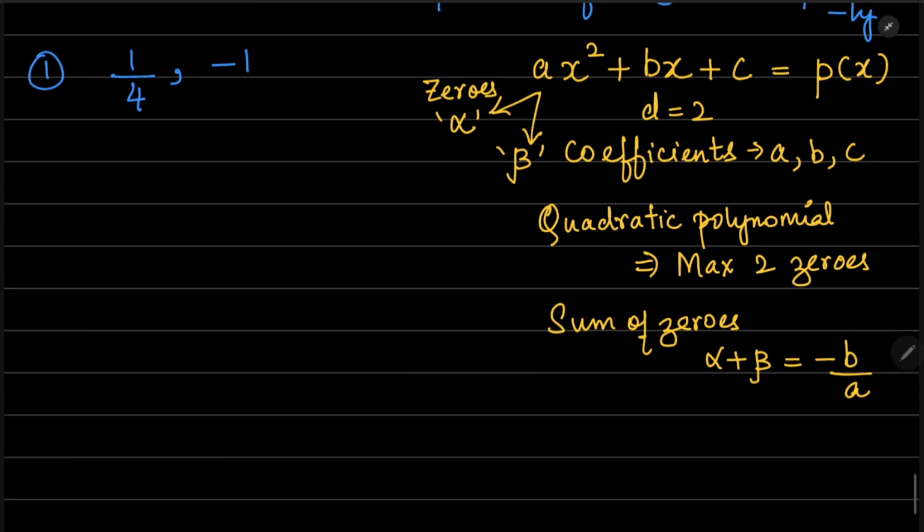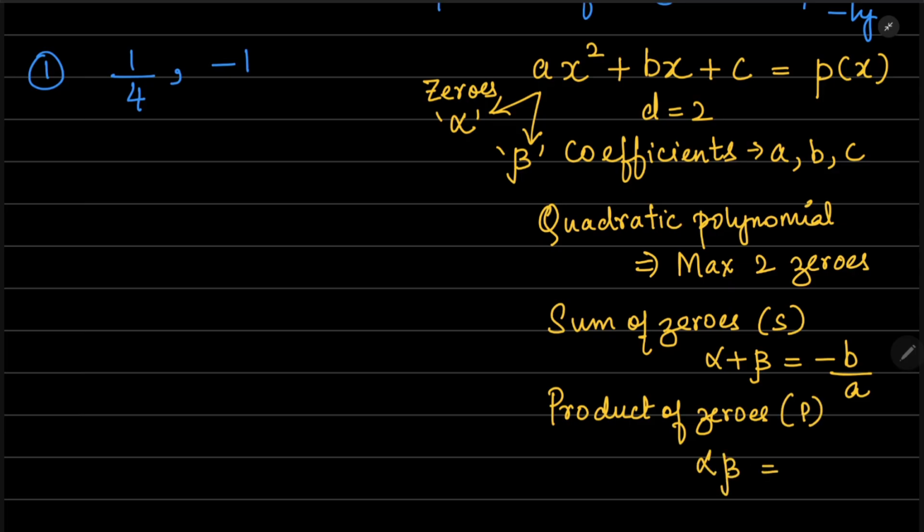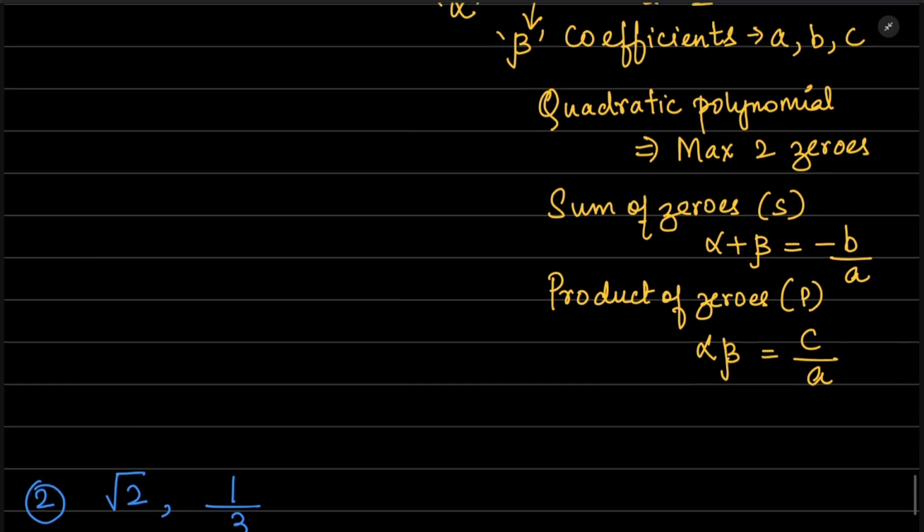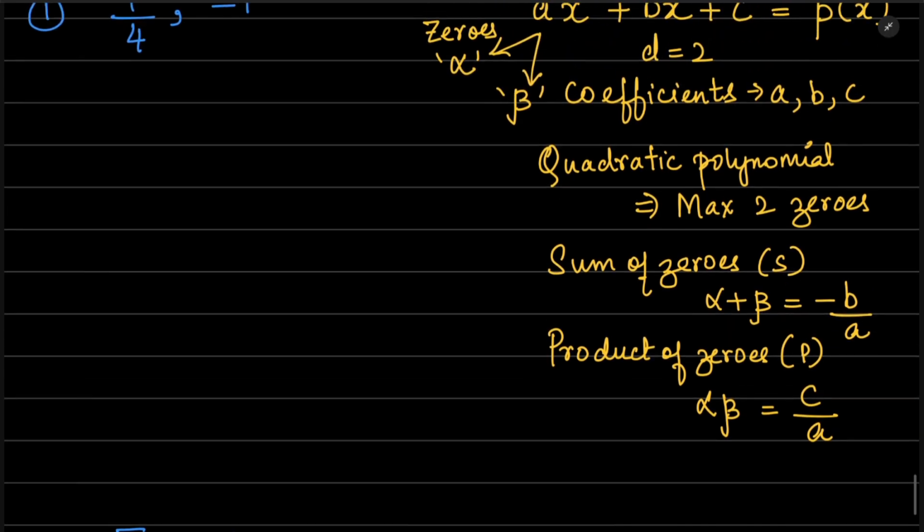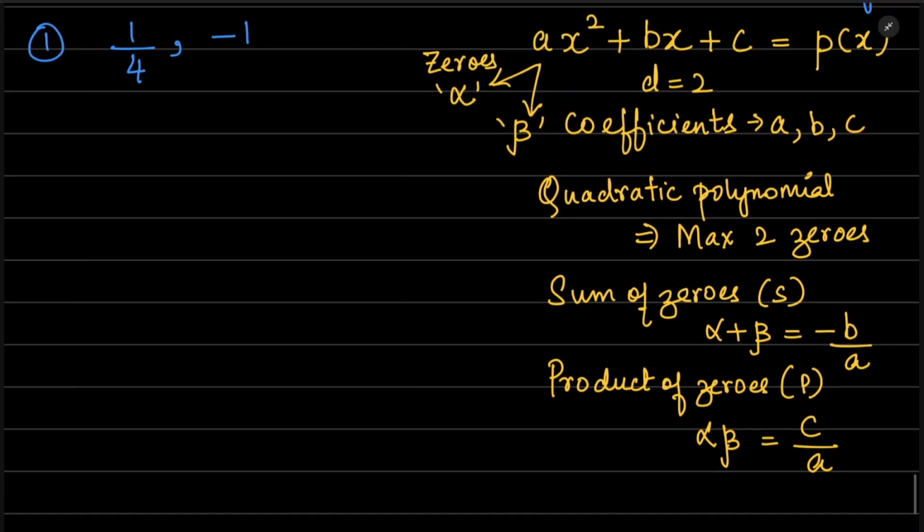This is the formula. And the product of the zeros: the sum is denoted by s, and let me denote the product by p. Alpha into beta, the product of alpha beta, is equal to c by a, right? So if you know the alpha and beta values, you can calculate the sum and you can find out the product, right? Now if you know the sum and product,